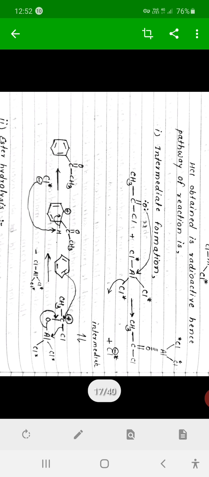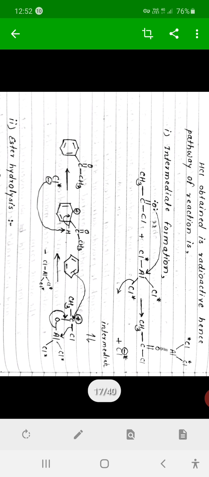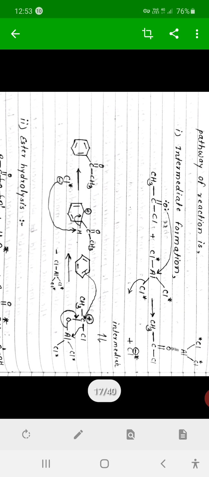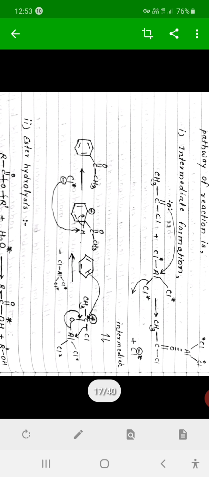There is bonding between that oxygen and aluminium. Then rearrangement of that intermediate takes place as shown in the reaction, and the Cl from acetyl chloride again goes towards aluminium, and the aluminium-oxygen bond which was generated breaks again. Then removal of one chlorine from aluminum trichloride takes place, and that removed chloride accepts one hydrogen, and finally we obtain a proton as a product, that is without electron, and the intermediate, which is non-aromatic, is finally converted into acetophenone.